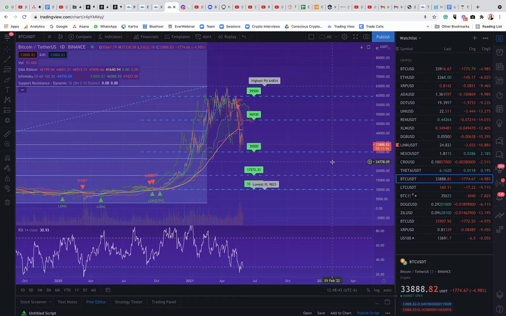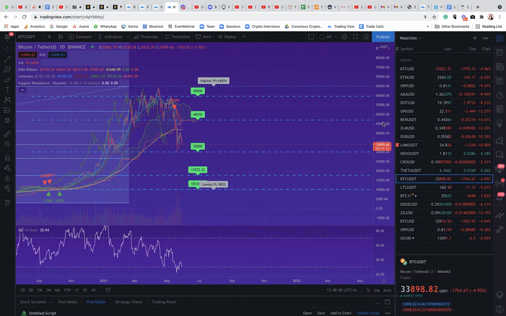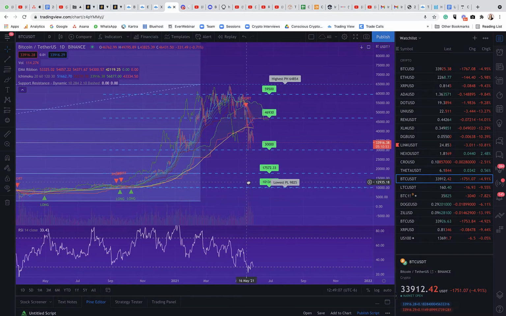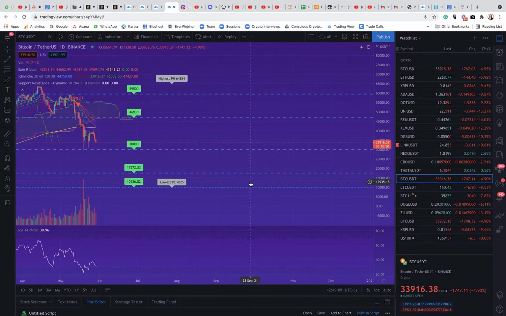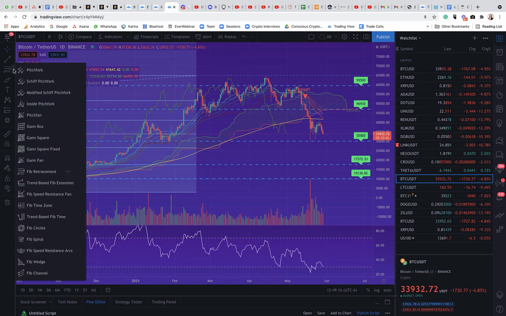We are going to then come to the next Fibonacci, which I like to do from the bottom of this bull market year cycle, which is just under a year, to where our all-time high is. So I am going to come, where do we start the bull run? Let me just come back here, get this up a bit. And it's a similar thing. You would go to your Fibonacci retracement tool